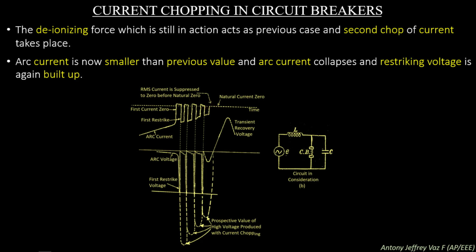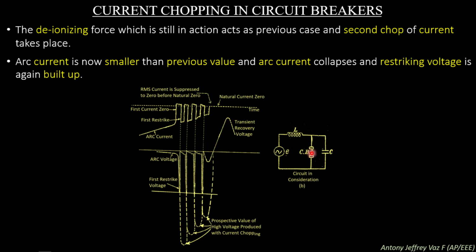The complete process of current chopping will be as described. On closely examining this figure, you can see that at the initial position the arc current is negative and very high. At the same time, the voltage across the capacitor is very low since no charging has occurred in the capacitor. After some time, the arc current starts to decrease and suddenly goes to zero. At this zero position, the arc present in the circuit breaker will be vanished or interrupted.